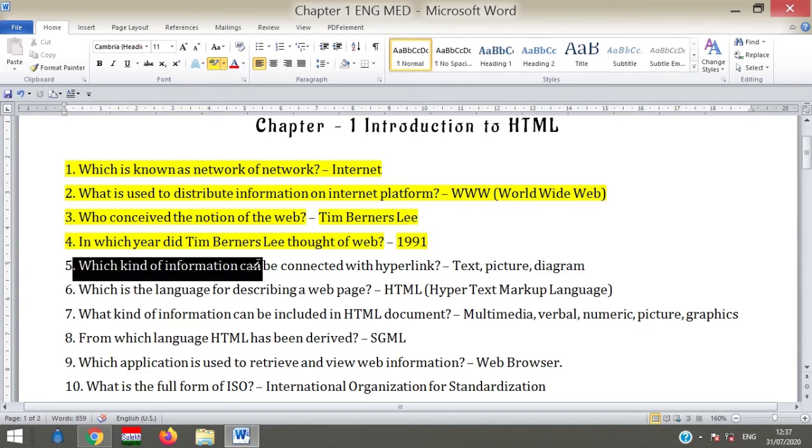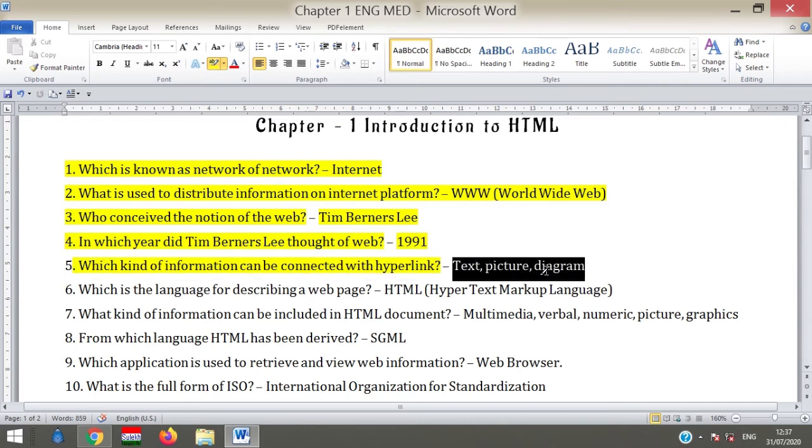Which kind of information can be connected with a hyperlink? The answer is text, picture, diagram. Okay, we used only text as a link in this example. Picture and diagram will be discussed in chapter number 3.